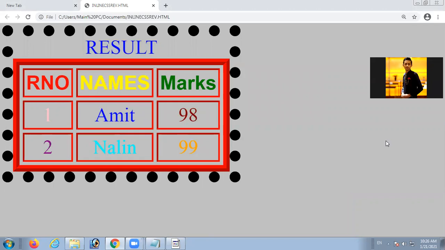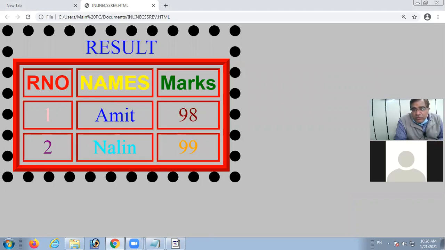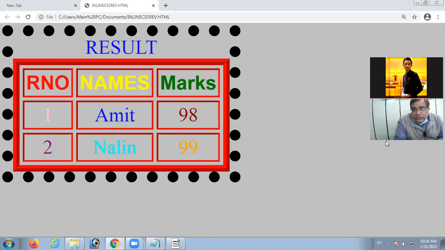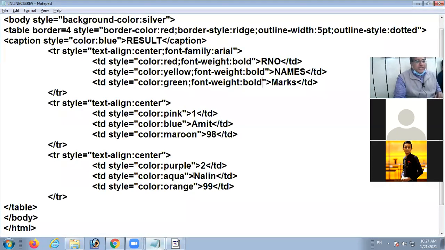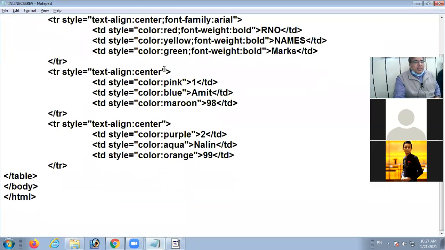Online class, am I clear with the browser view? Clear? So have you done the change? What I told you, the change which I want, the second row as italic. So what property have you given? For italic, what property have you applied, beta? Font style, value italic.